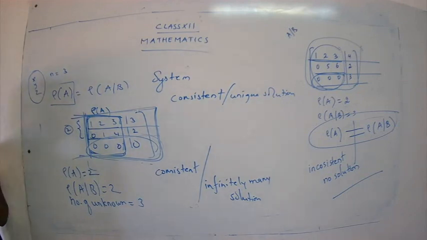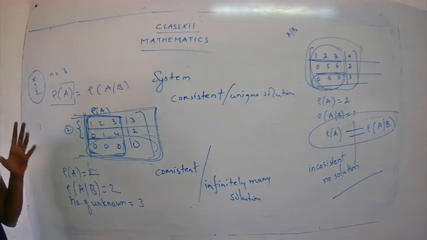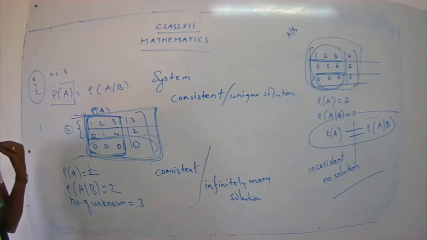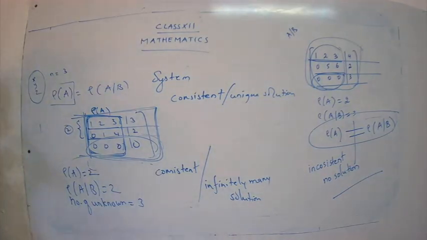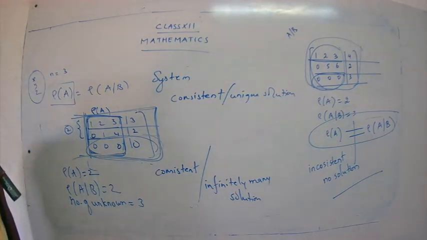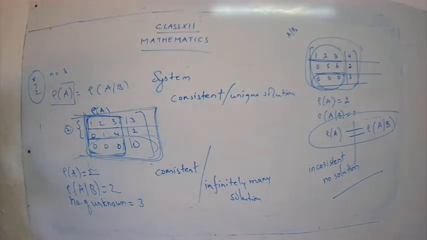Good. And coming to the third rule, if both the ranks are different, the sum is very simple. We can say that the system is inconsistent and it has no solution. I hope you are clear with these 3 rules. So I'll be starting with the exercise in the next class.